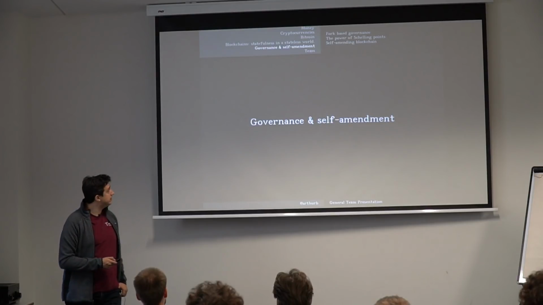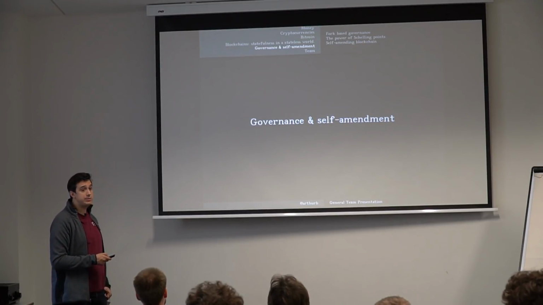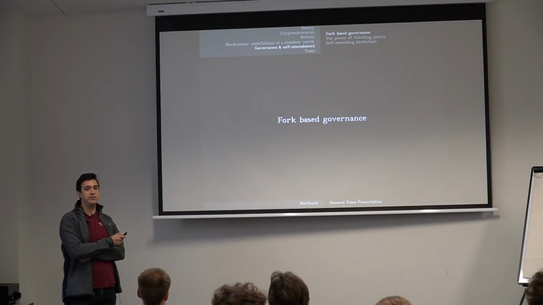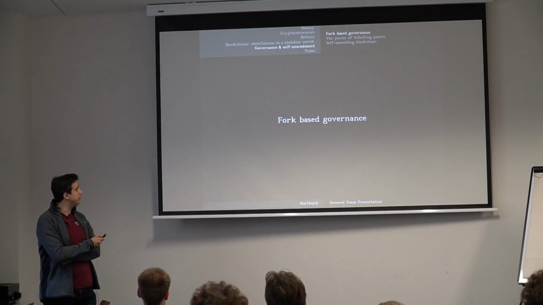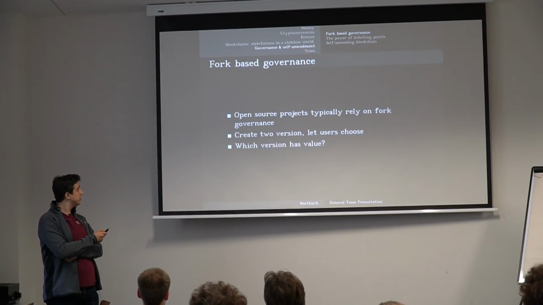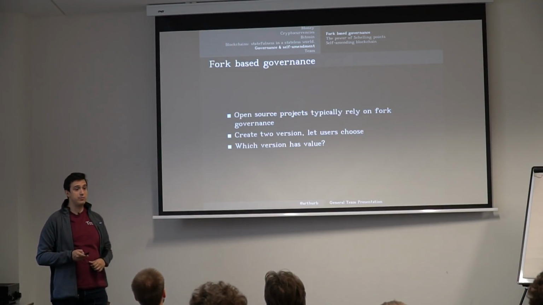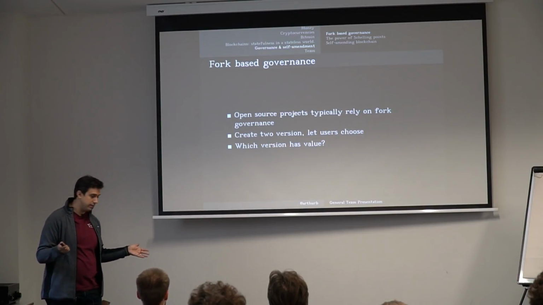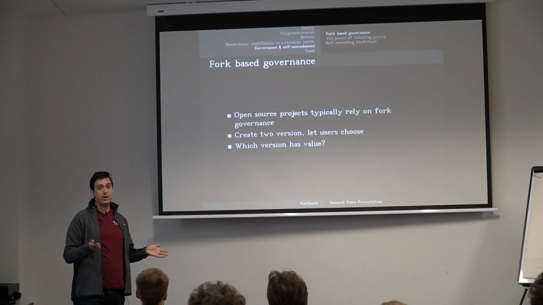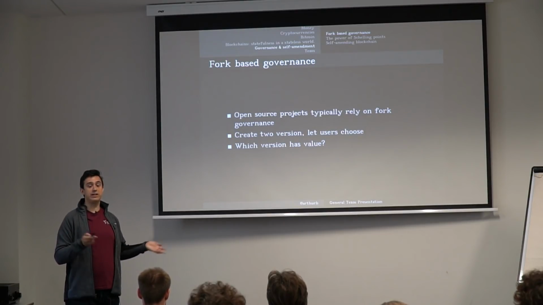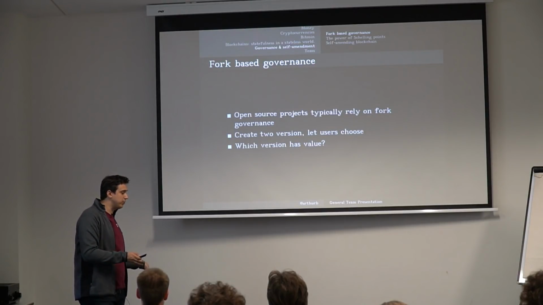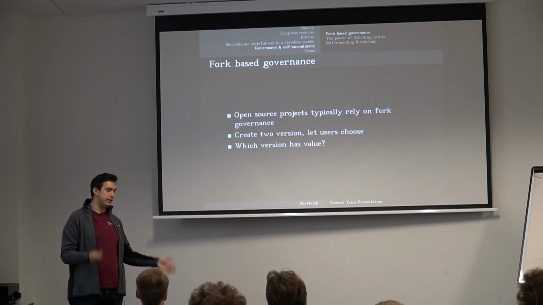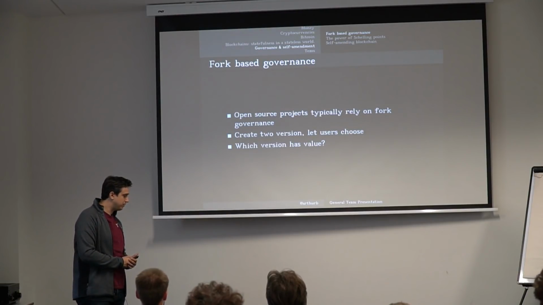So now I'm going to talk a little bit about governance and self-amendments, which is a property of Tezos. First, fork-based governance, which is what is most common outside of Tezos. Fork-based governance comes from the open source world. Traditionally in the open source world, when you have a project and you have a different view as to how the project should work, you fork it. So you had one version of the code, now you have two versions of the code, and you can have two different teams go in different directions. So for example,